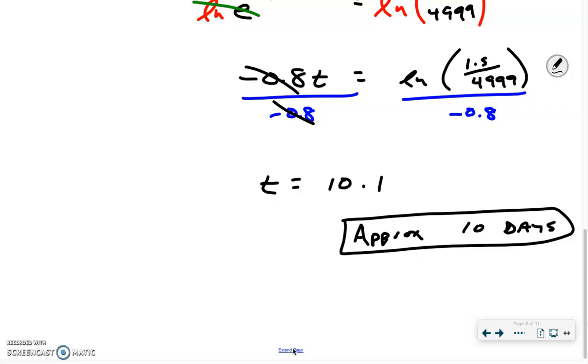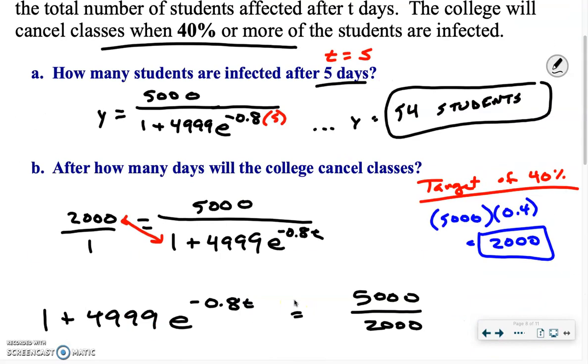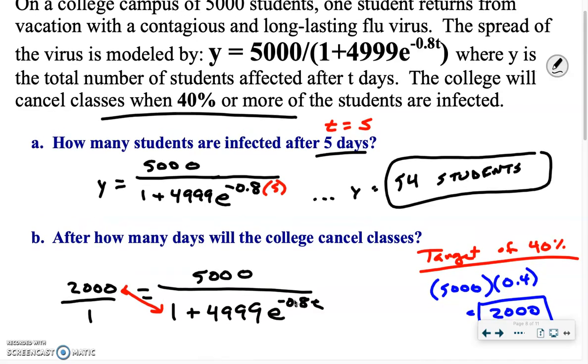All right, Dea, question. So, like, where did the 40% come from? Is that what you're asking? All right, so